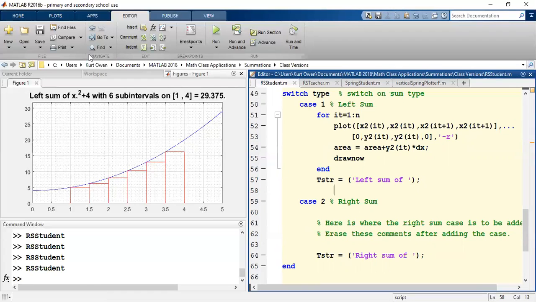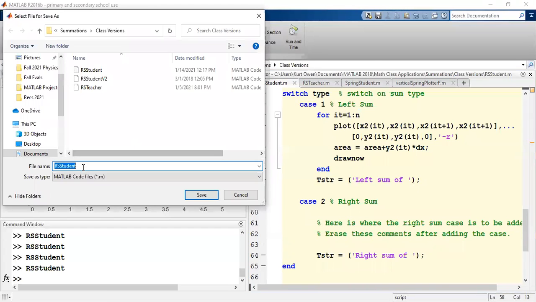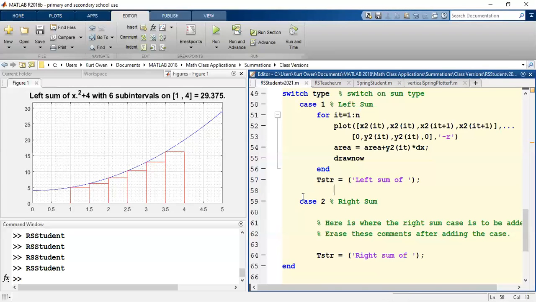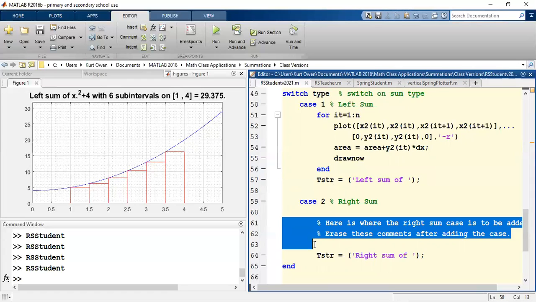And before I make any changes, I am going to save my code as a different version. So I'm going to save this as RS student 2021, just so that this is our class modification right here. I'm just making it into another version so that I don't lose what I had before. And right here, I'm going to take all of the stuff that had been in the left sum and put it right here